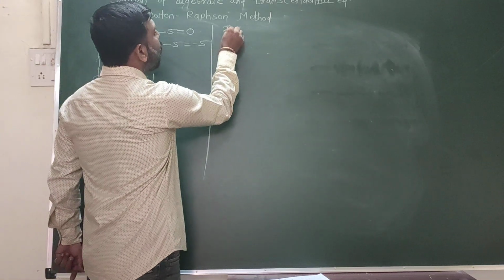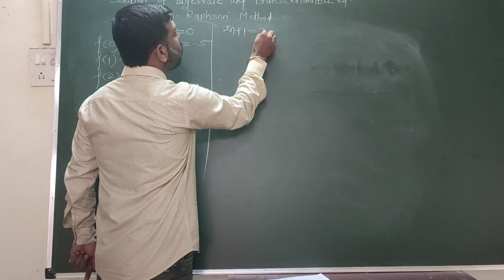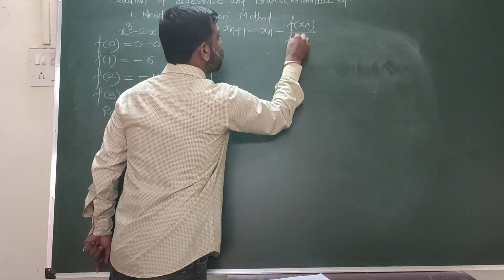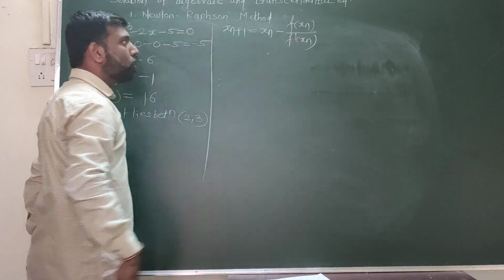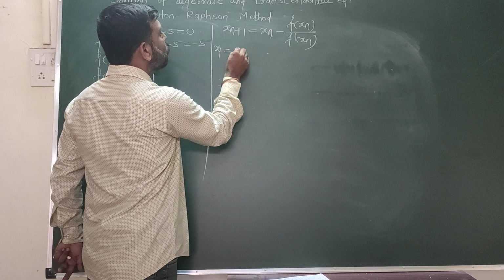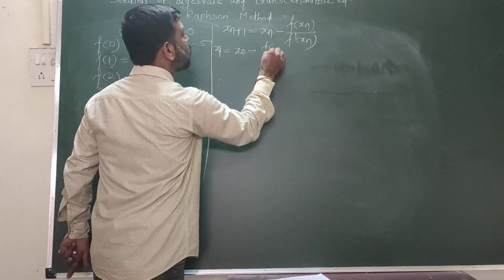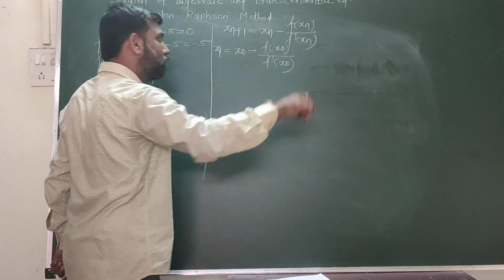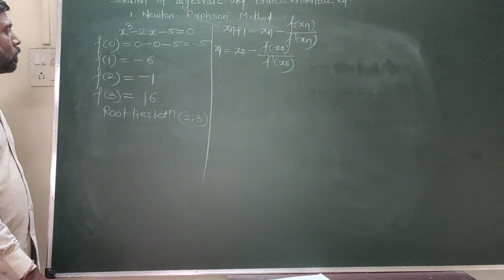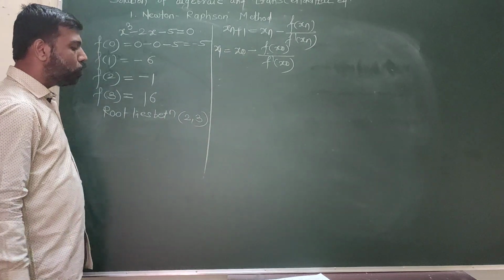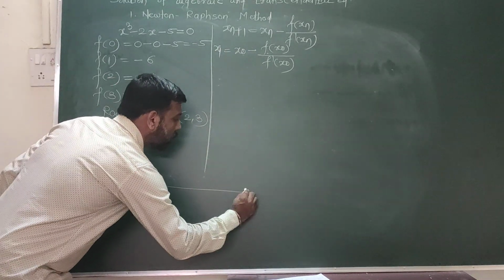Now the formula we have for Newton-Raphson is this. The first approximation x1 is equal to x0 minus f of x0 upon f dash of x0. Again the discussion of x0 occurs here. What value of x0 will we substitute here? In the real line,